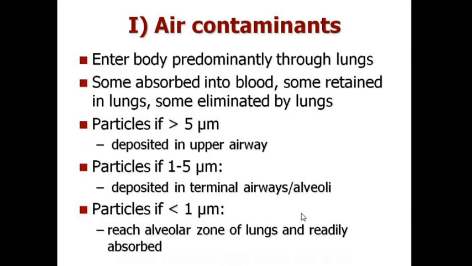This air contamination or air contaminant will be entering the body predominantly through the lung. Some of the particles will be absorbed into the blood, some may be retained in the lung or some may be eliminated by the lung. If the particle size is greater than 5 micrometer, it is deposited in the upper airway. If the particle size is 1 to 5 micrometer, it is deposited in the terminal airways or alveoli. While a particle size of less than 1 micrometer can reach the alveolar zone of the lung and